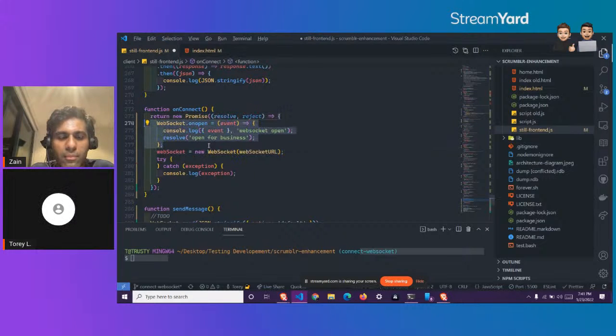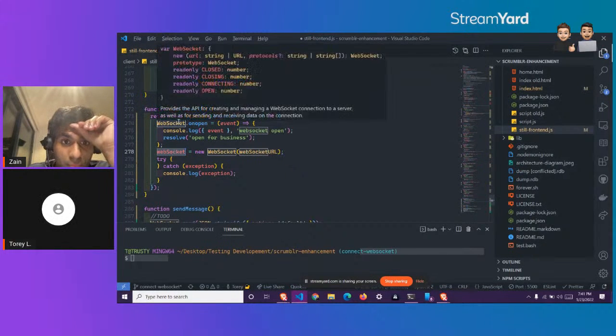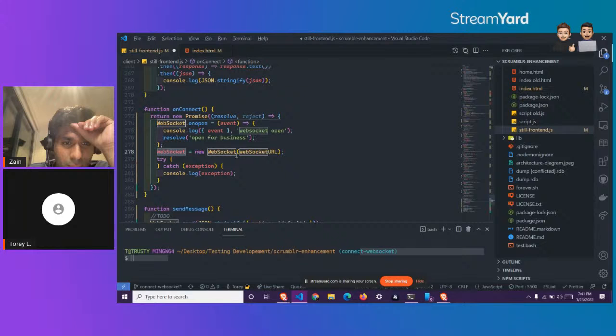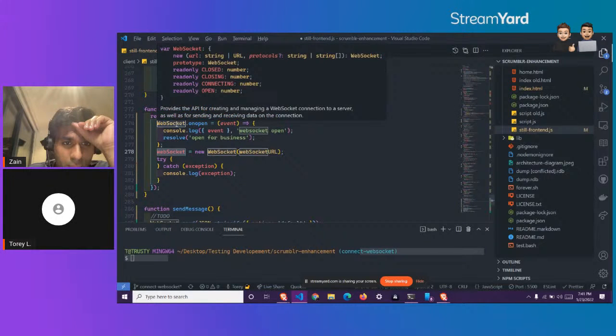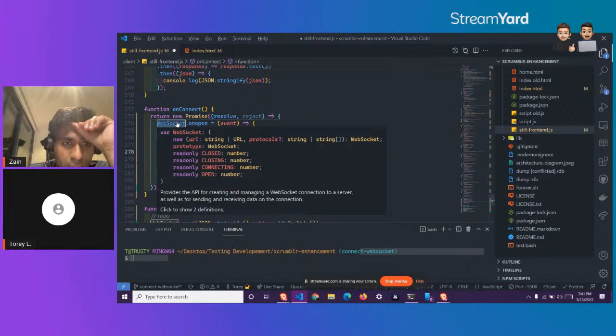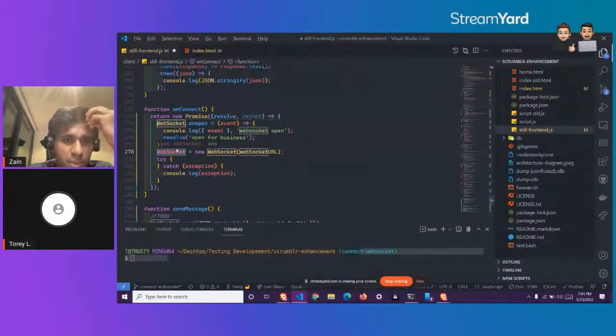Okay, I found the problem. This is getting stored here. Whereas, what's this? That's the JavaScript object. Lowercase.